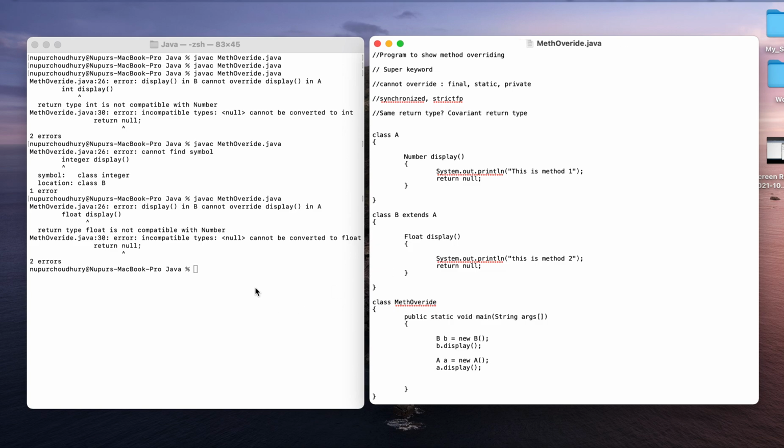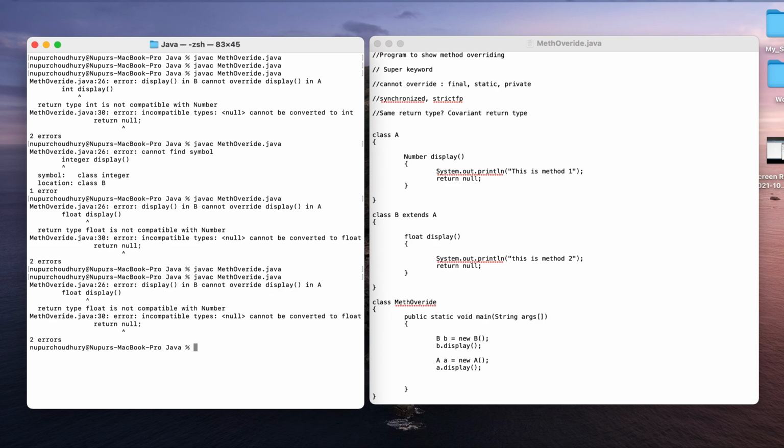Okay, so this is how basically your things work. Now, small f: whenever I used a small f here as a return type, I got that particular error.